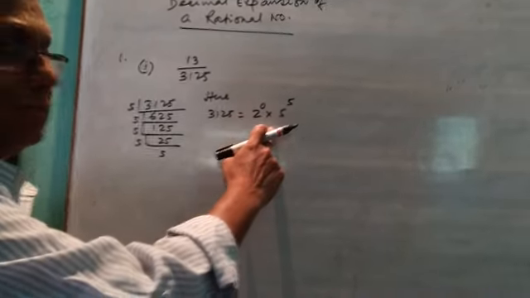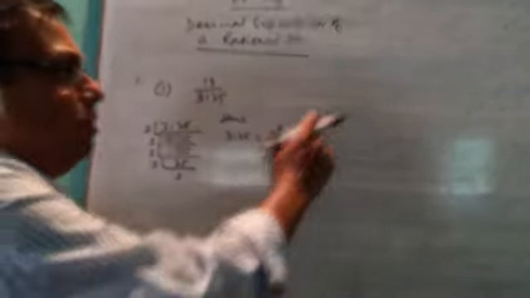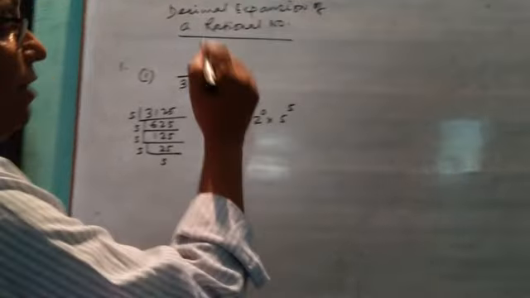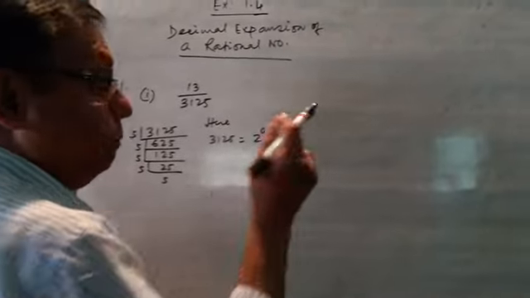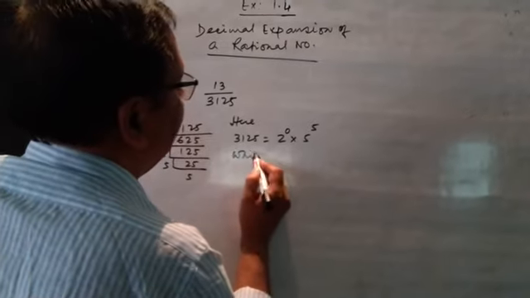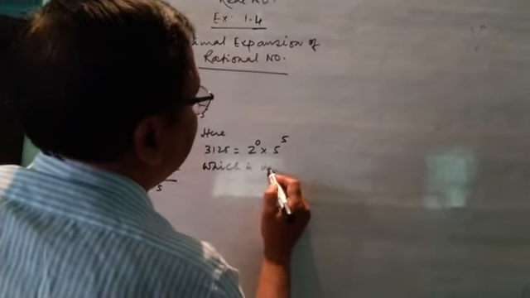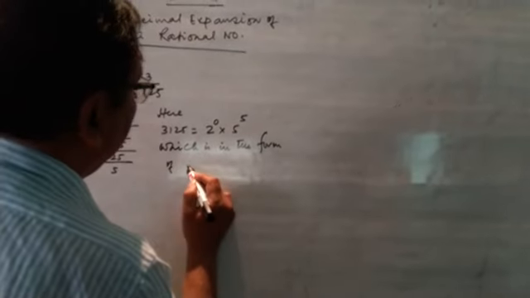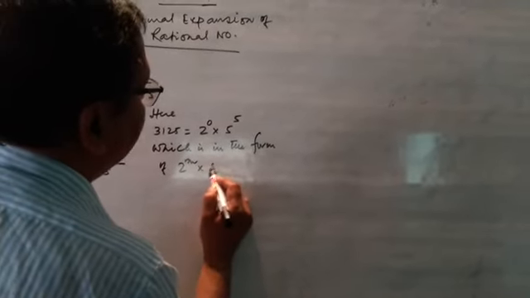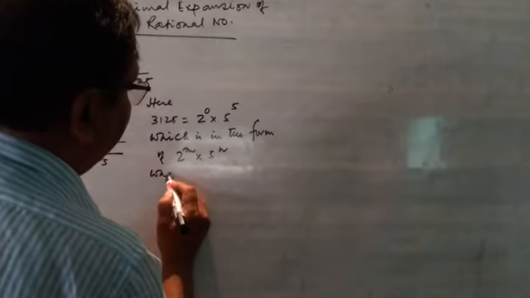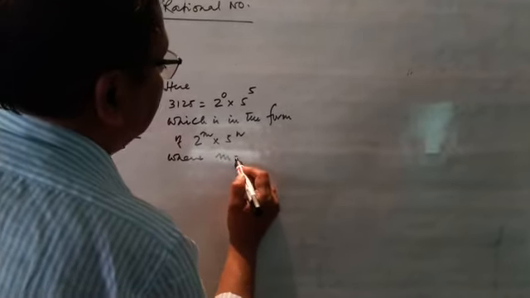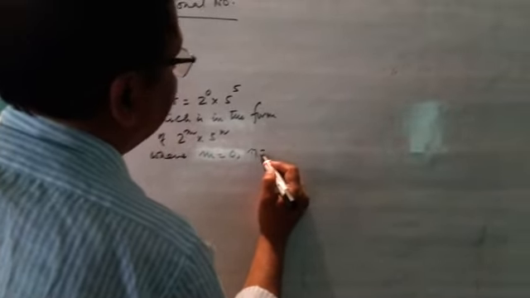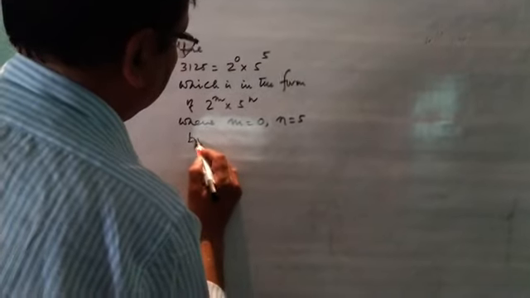So hardly it matters, 3125 is equal to 5 to the power 5 simply. But we are writing it in the form of 2 to the power m into 5 to the power n, where m equals 0 and n equals 5, both